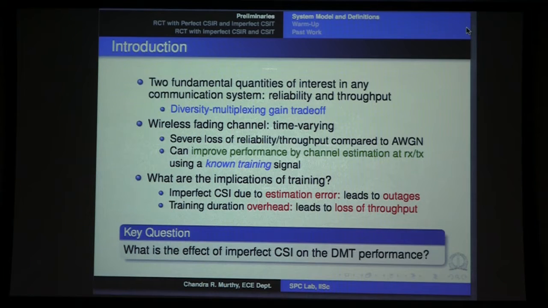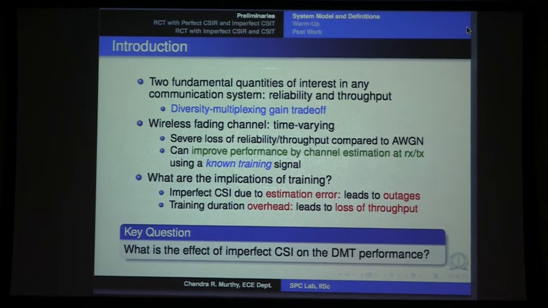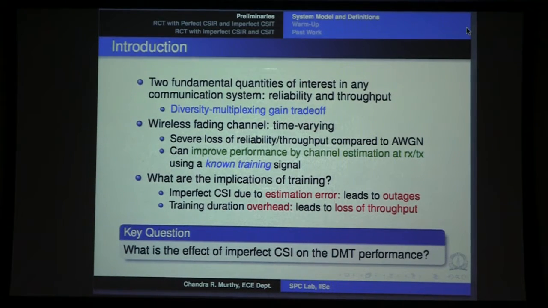The other implication of training, which is a little less looked at in the literature, is that of time. Basically, it takes time to train the channel. So if you're transmitting at a particular power level, you may want to send some L number of training symbols, and that training duration overhead could lead to a loss of throughput, because you have to train every time the channel changes. So the question that we are asking in this work